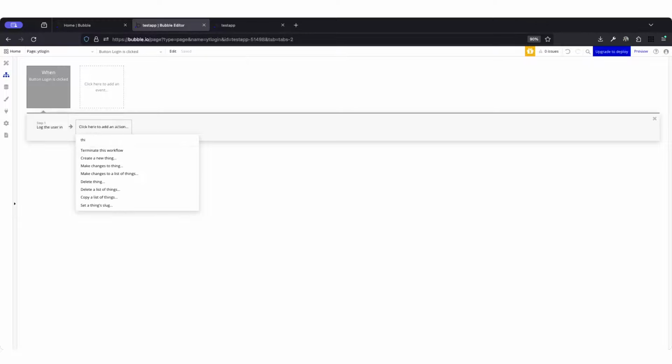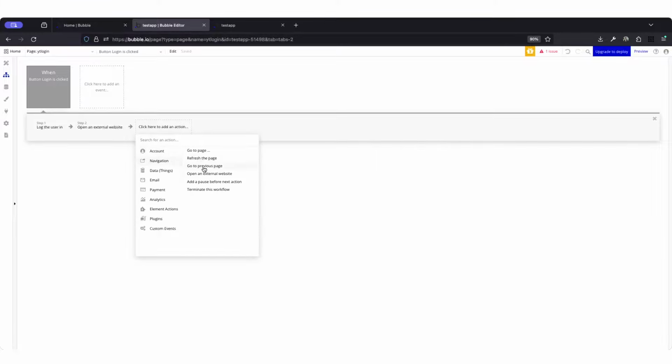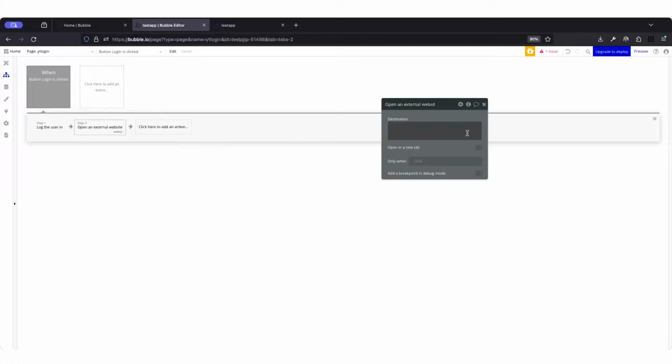But what we're going to search for is, what is it called? Open external website. Open an external website. This is the action we want to choose. And if you want to find it over here, it's in navigation. That's where it is. So open this up. And first and foremost, we're going to tell it when to run this. So we only want to run this when an after login page is provided because